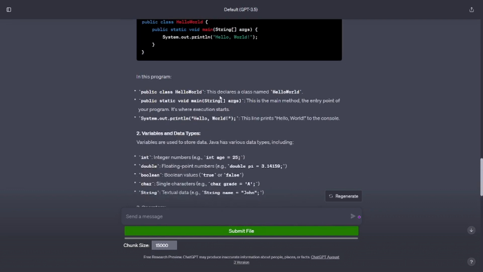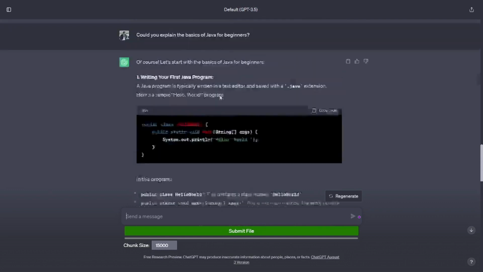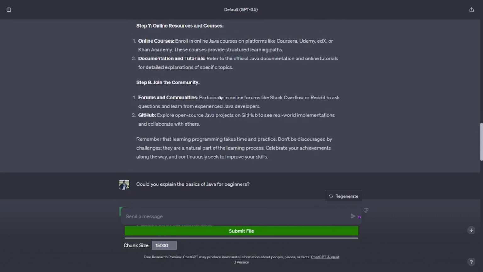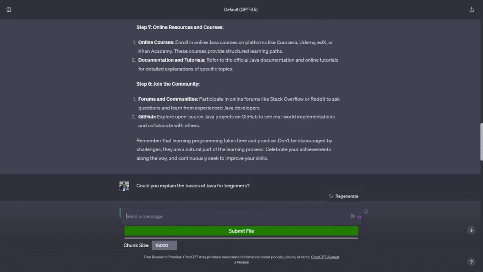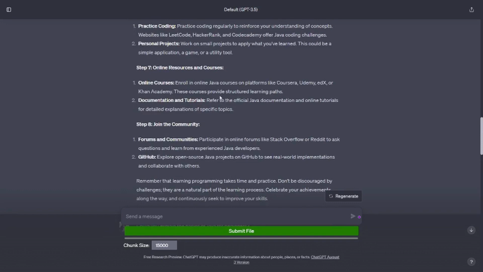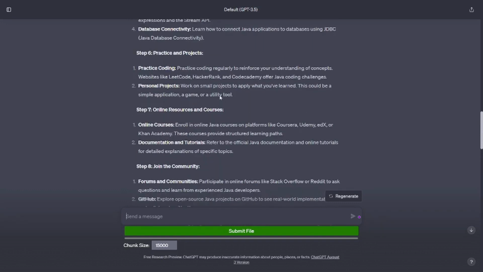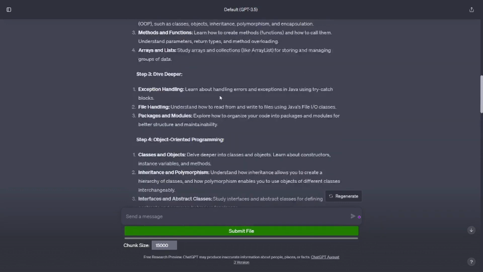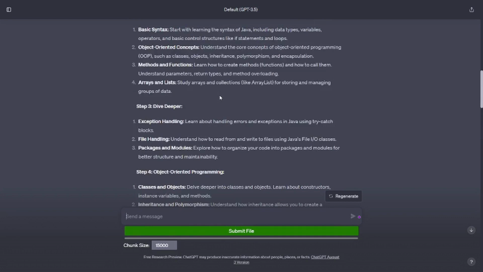5. Methods. Methods are blocks of code that can be reused. They take input, perform some tasks, and return output or not. For example, public int add(int a, int b) { return a + b; }